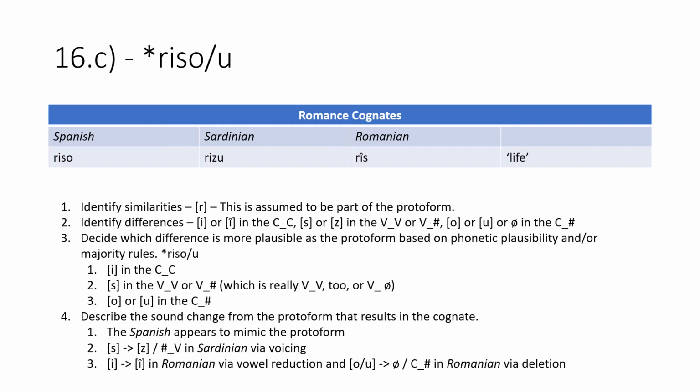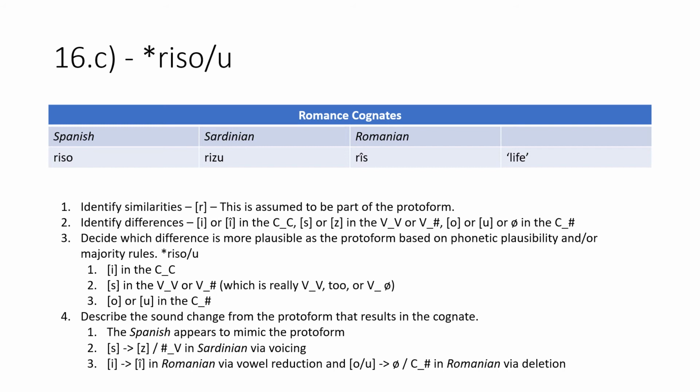So we see here, once again, really similar word structures, right? We have the R-I-S or Z sound and the O or U sound, or the deleted final vowel sound. But they all mean life, which means that we can say, once again, that these are cognates because they share similar forms and mean the same thing. So we identify the similarities. Obviously, the R is our similarity at the beginning of the word. That R sound, which is a rolling R, is assumed to be part of the